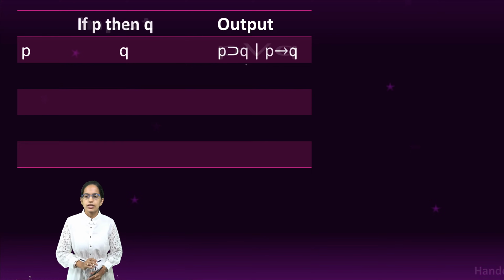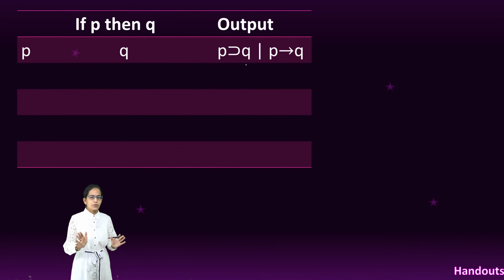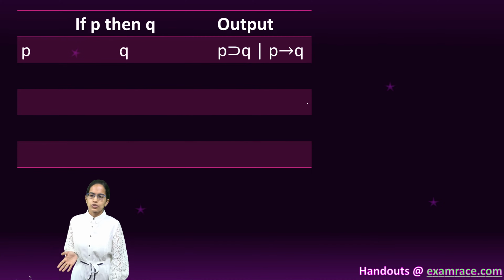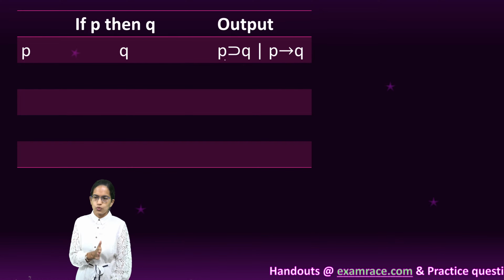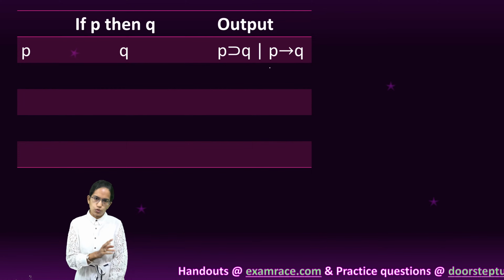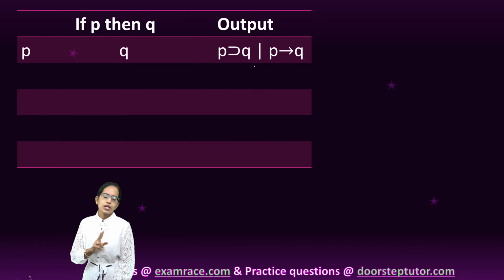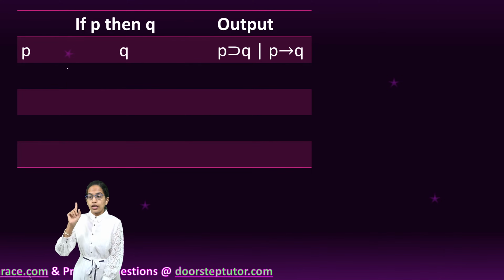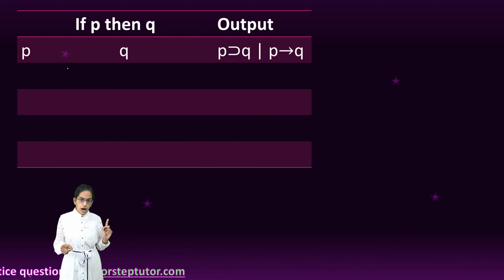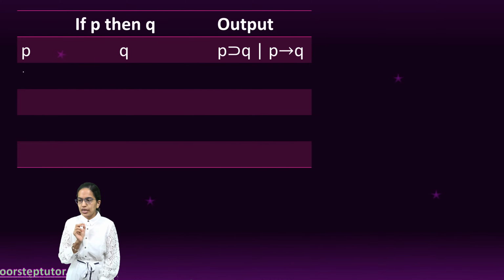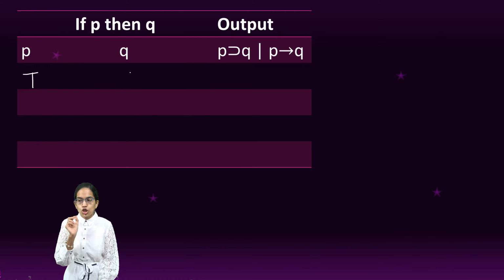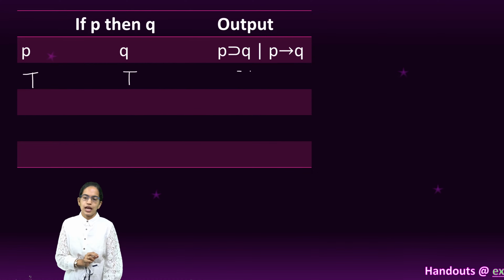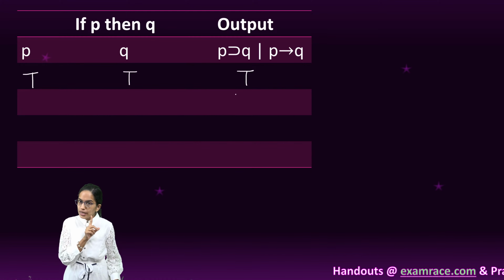Now coming on next is if then. If then I can also write as P implies Q or if P then Q. Both of them would mean the same. So if you pass the exam, then you get the job. So if P then Q. How can I explain this? If P is true, Q has to be true. And that's the case where my output would be correct.